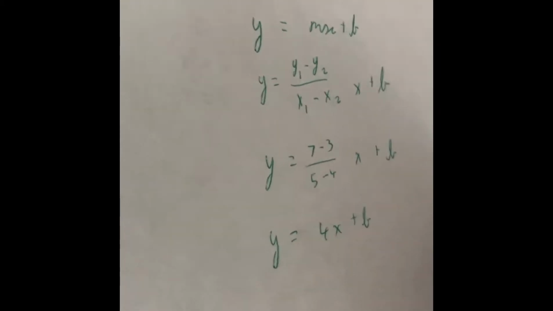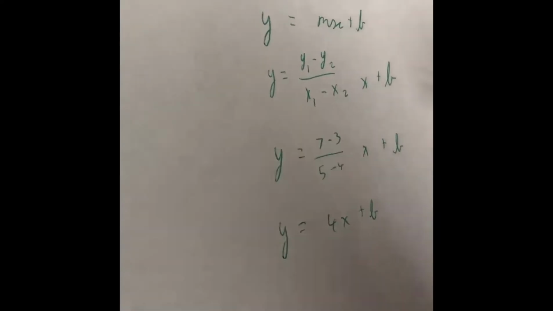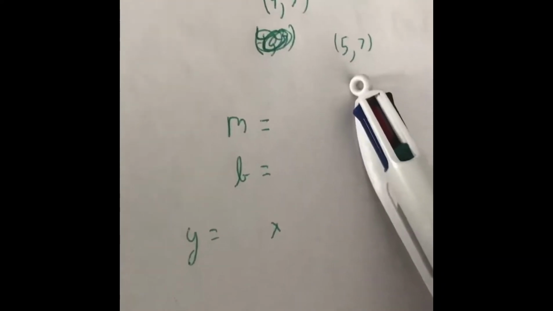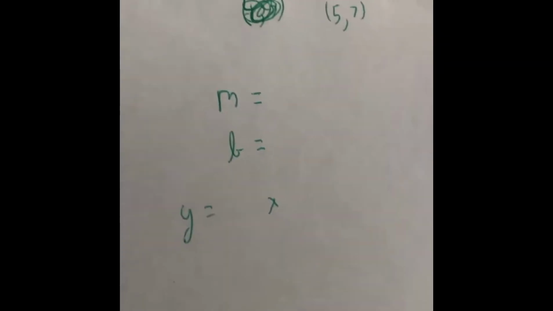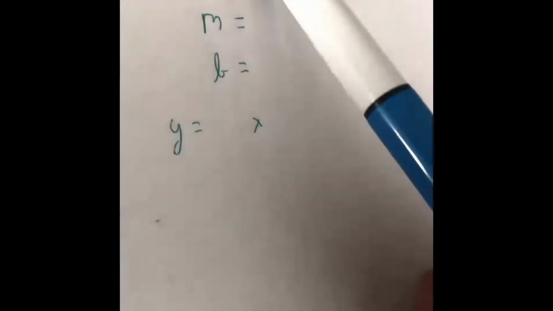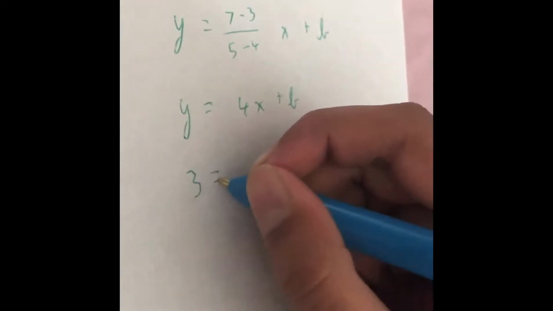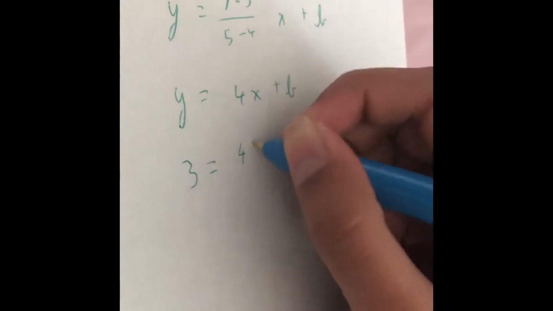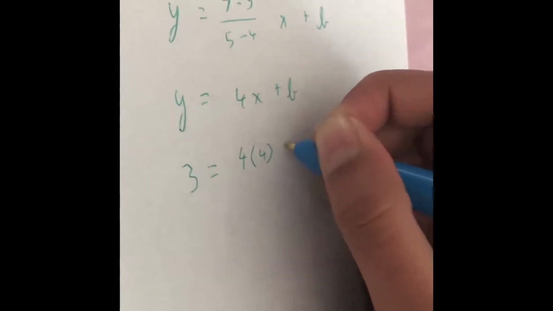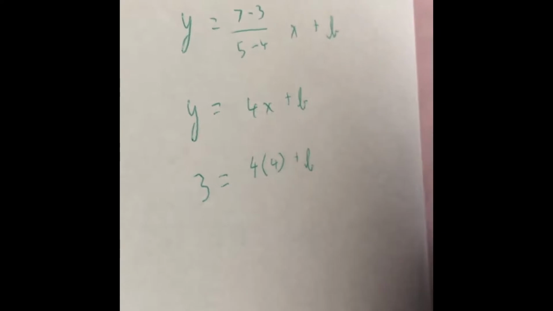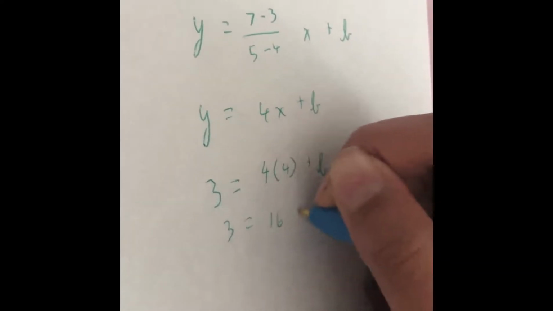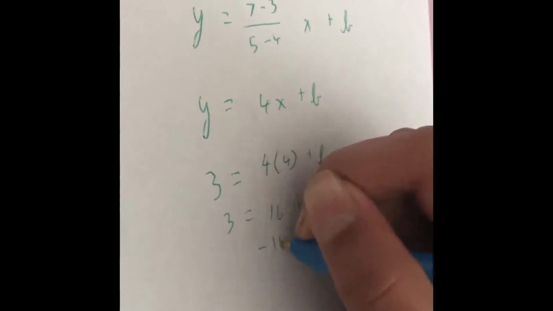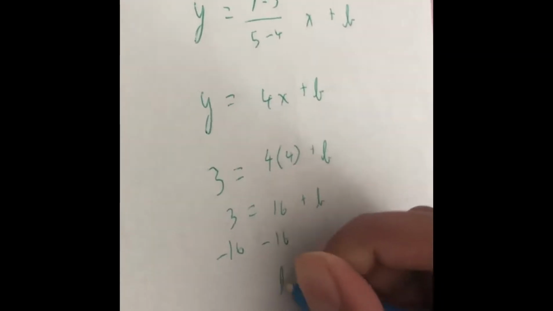So for that, you would put in one of the coordinates you choose from these two. I will choose this one because it has the lower number value. So since 3 is the y value, I'll put the y value of 3 over here. And then since 4 is the x value, I'll put the x value over here plus b. So we're solving for b right now. And then 3 equals 16 plus b, and then you subtract 16 from both sides, you can see b equals